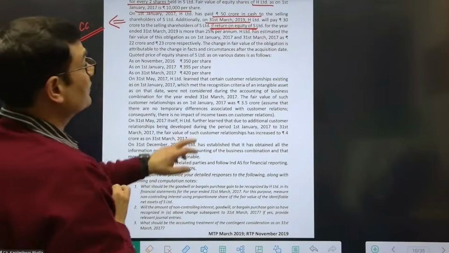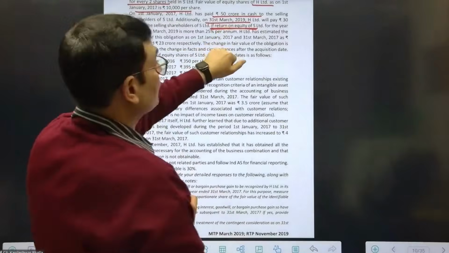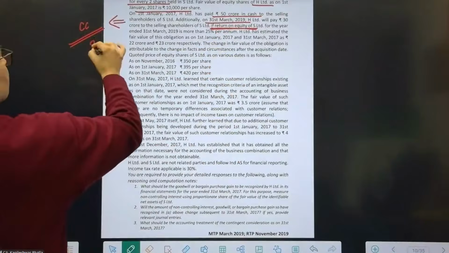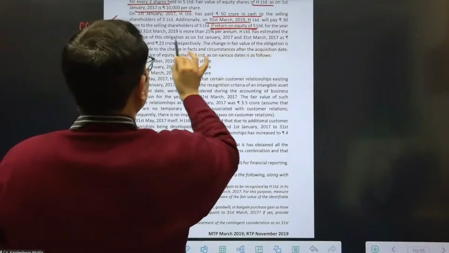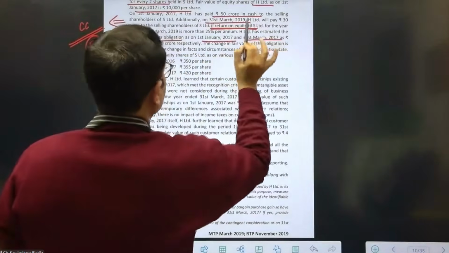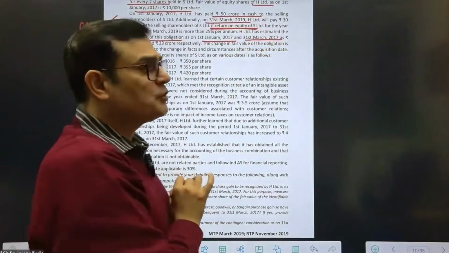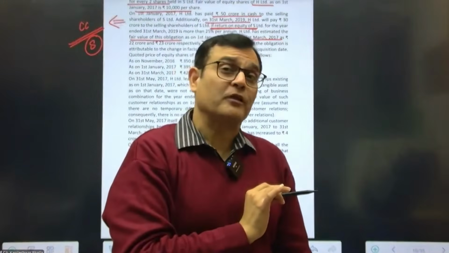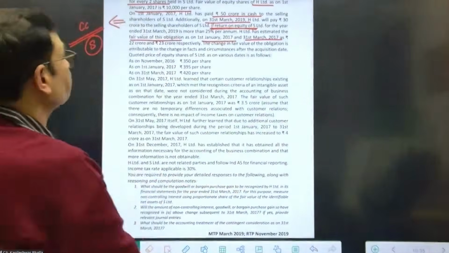And is it in the shareholders or the employee capacity? The condition is not service, the condition is achievement on return on equity. So CC, shareholder capacity. That's right, in the shareholders capacity. And then it says H estimated the fair value of this obligation on January 17 at 22 and on March 17 at 23 crores. This contingent consideration is going to be considered as a financial liability, which is going to be measured at fair value through P&L, and subsequently fair value changes will go to the P&L.